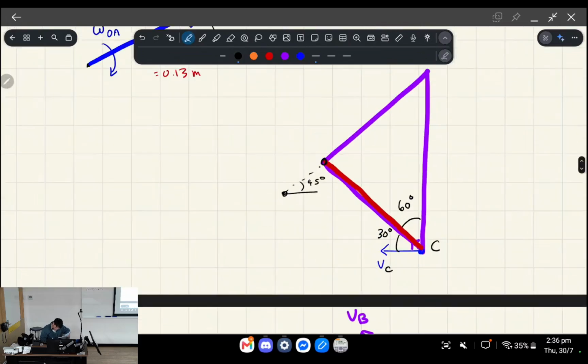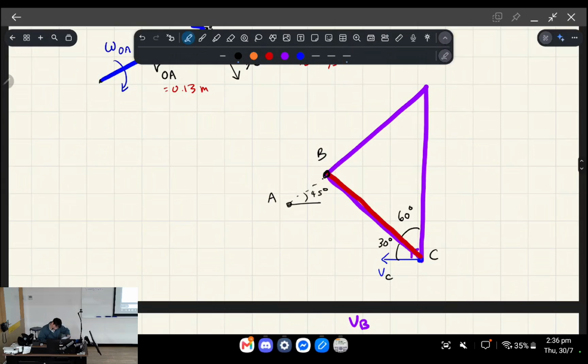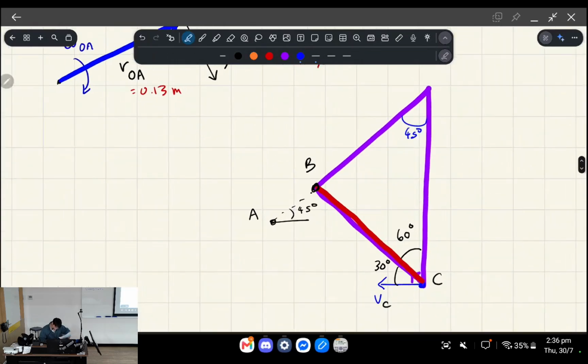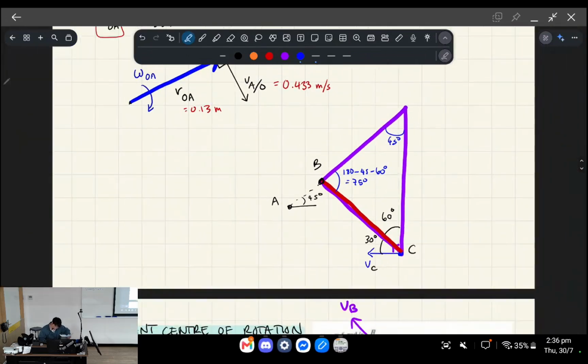Okay, so over here is B, right? And that's A. So basically, if you imagine a right angle triangle here, this angle is 45 degrees, okay? And so that leaves the remaining one as 180 subtract 45 subtract 60, all right? And that gives us 75. So now we know all three of these angles of this triangle that sets up